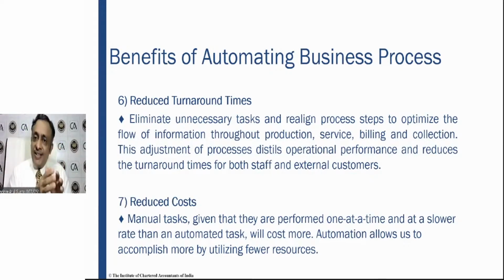Once an item has been produced, it has to be sent for dispatch. Once dispatched, the bill has to be generated. Once the bill has been generated, collection has to be there. That was that order to cash cycle. Now, because you have sold a product, service of the product could be an issue. So how does the system ensure that this turnaround time is managed? It is reduced. See, just take it as a very simple example.